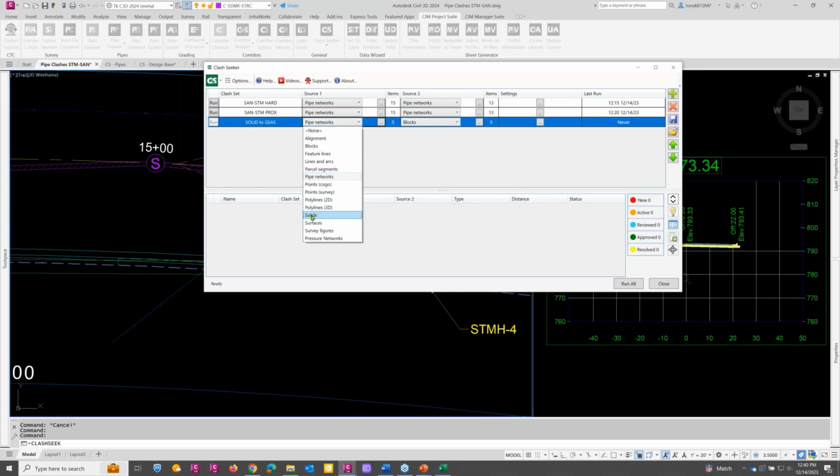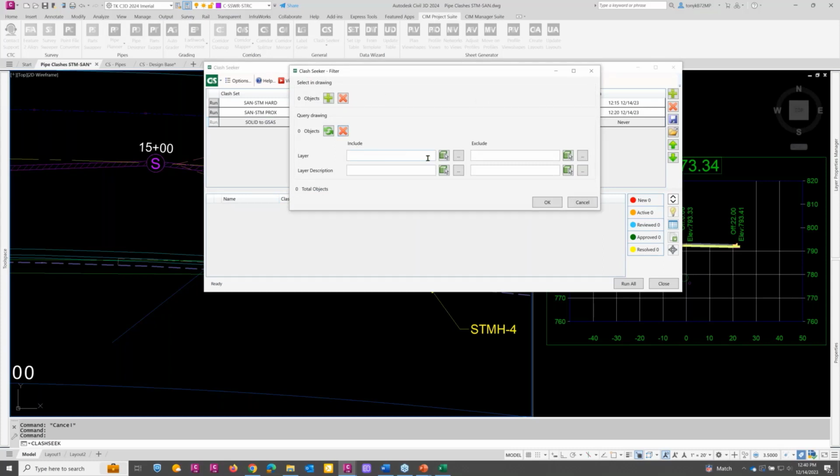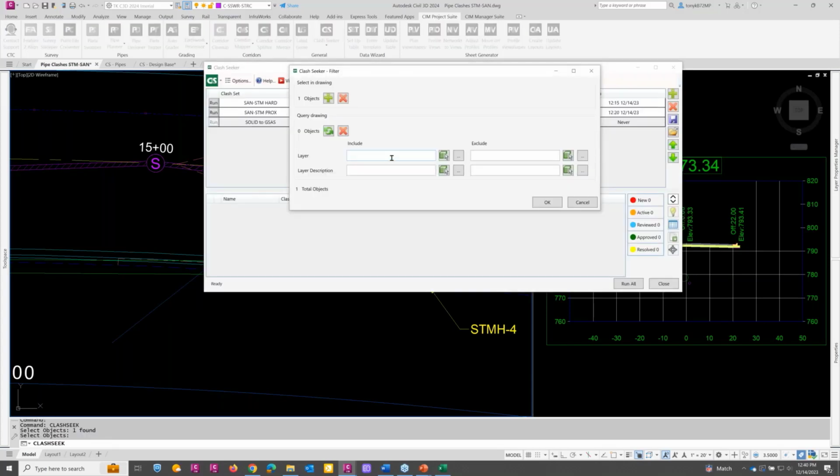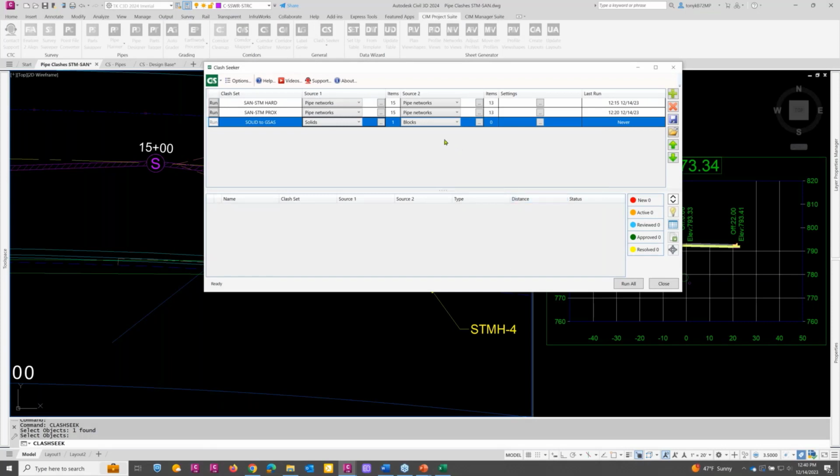Let me grab that solid first. We could also compare it to the surface. I'm not going to do that today in the interest of time. When we compare our surfaces, it does take a little bit longer. I'll show you that in a second here. So it does take a little patience. It's doing a lot of work in the background